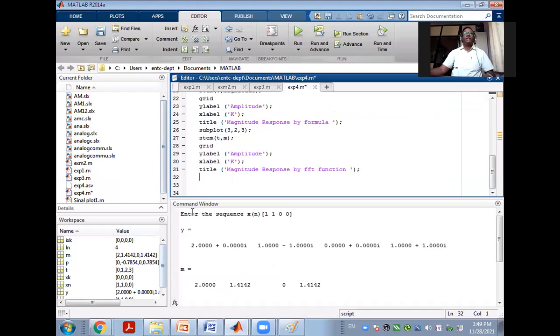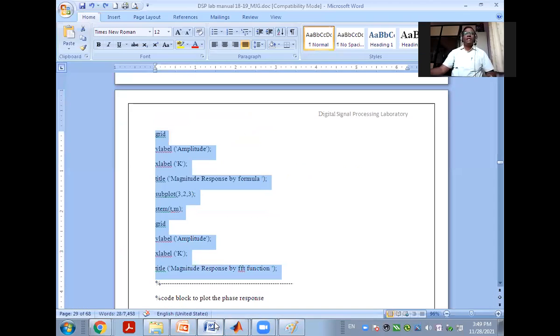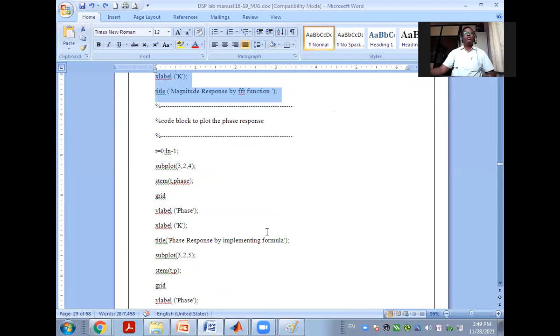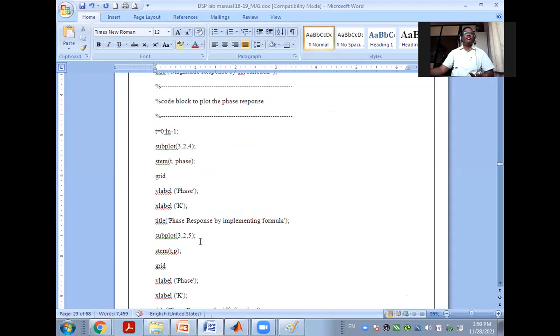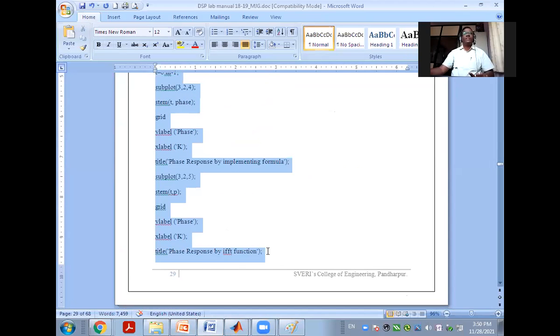Likewise, I have to write here. Similarly, I have to write for phase part के लिए. Phase part के लिए what I am going to take, like stem t comma phase grid, and then finally we are writing this IDFT का value, right? So this, if I take it this way,